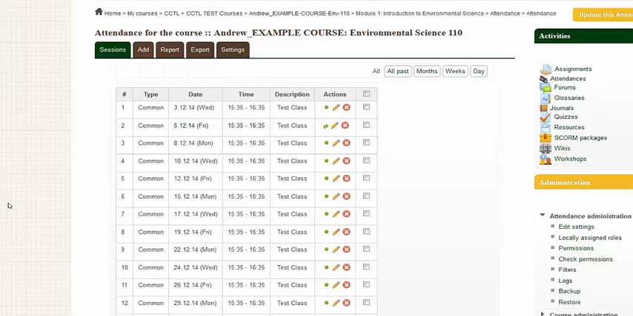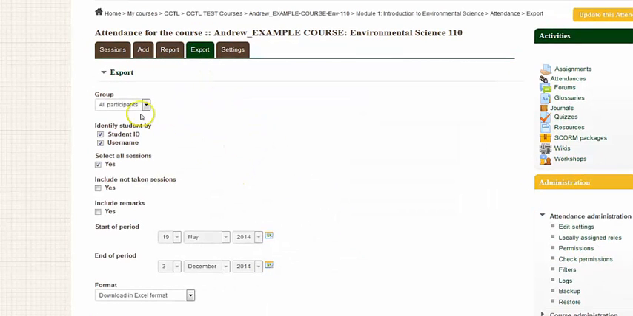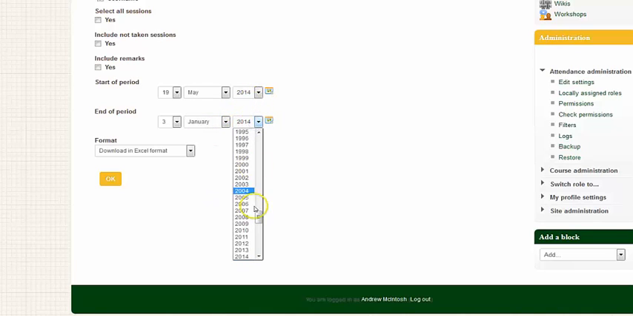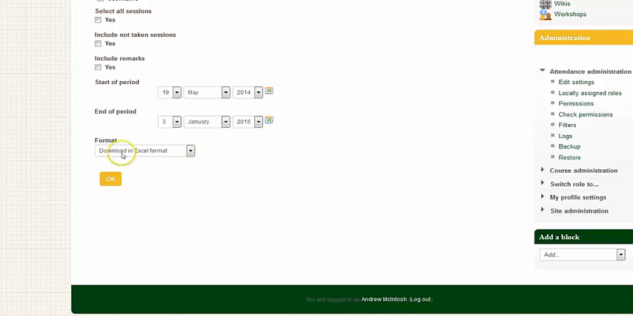Now, if I wanted to export my attendance information to an Excel file, I would click the Export tab. And I would select All Participants. Now, the one important checkbox we need to pay attention to is Select All Sessions. I want to uncheck this box, and I will have the start of the period. We'll just set it as May, but I'm going to change this to January, and I'll change the year to 2015 because remember that's the session end date that we selected. And now I'm going to click OK, download in Excel format,